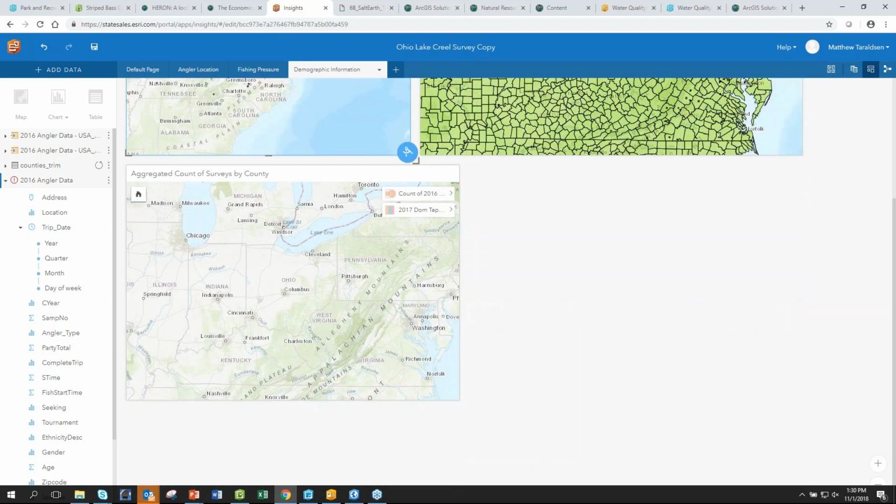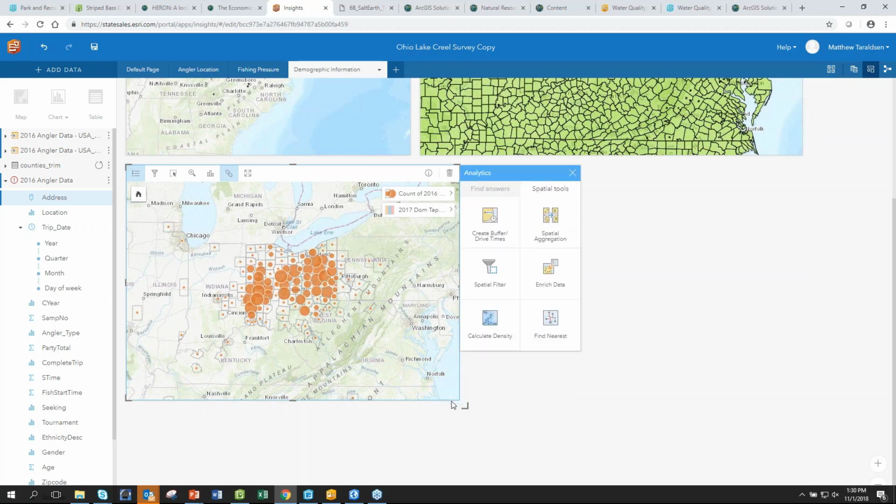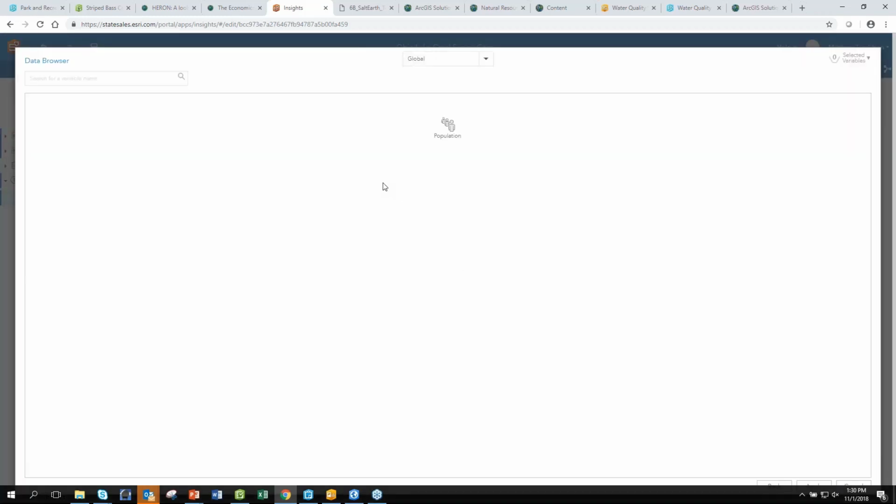In this particular example, I ended up with counts like this on the map, and you can see it's not too surprising. Most of the larger cities in Ohio are fairly well represented. This blue button here is called the action button, and there are some interesting things you can do in here. One of them is called enrich data. Enrich data opens up our Tapestry data set,